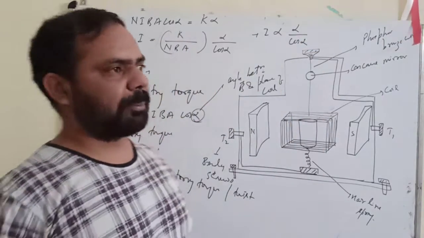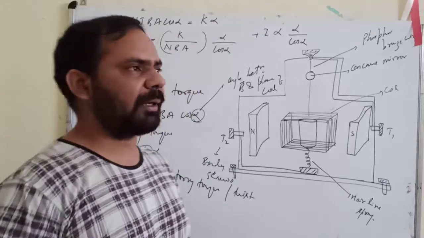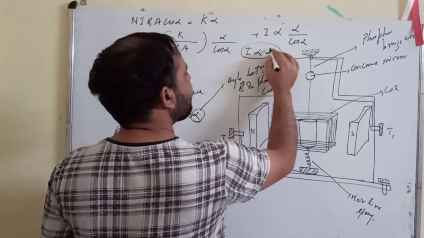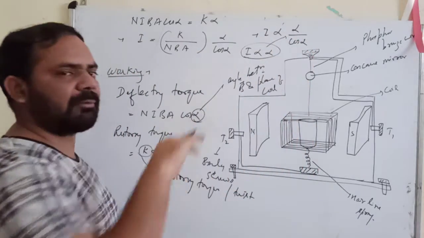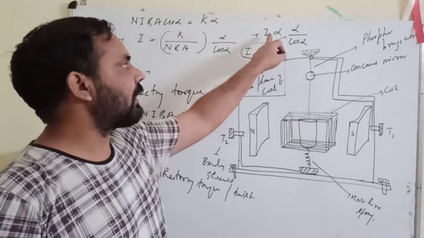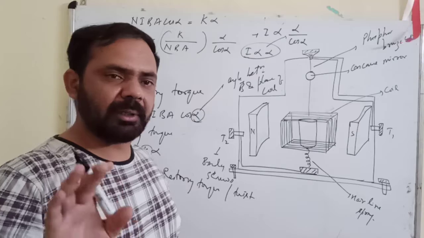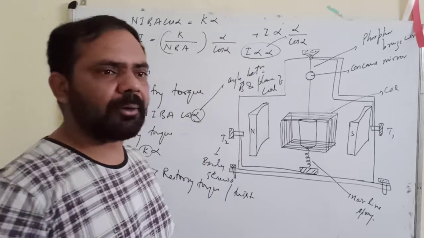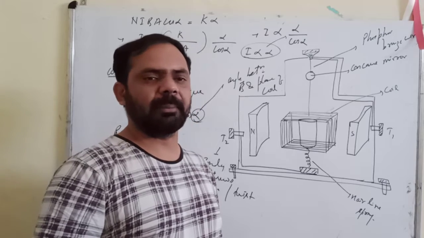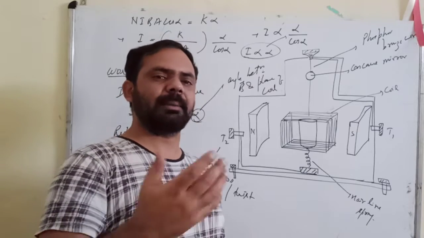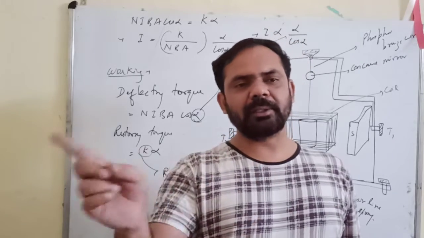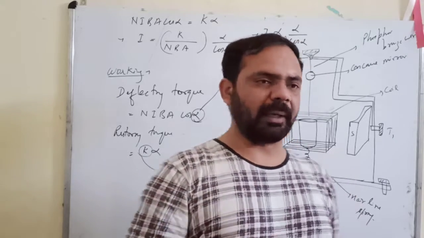Now this is a problem here. Why problem? Because you are not getting I proportional to alpha. Instead you are getting I proportional to alpha upon cos alpha. So it means that I is not directly proportional to alpha alone, right? So it means that you cannot use a linear scale for measurement of current. Linear scale simply means that for equal change in current, you get equal distance of the graduation.